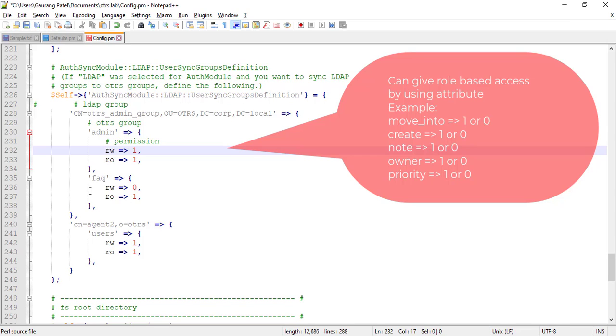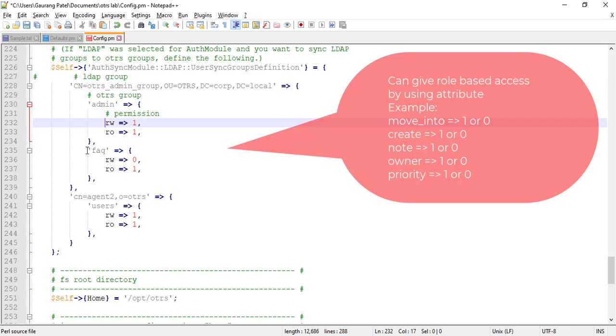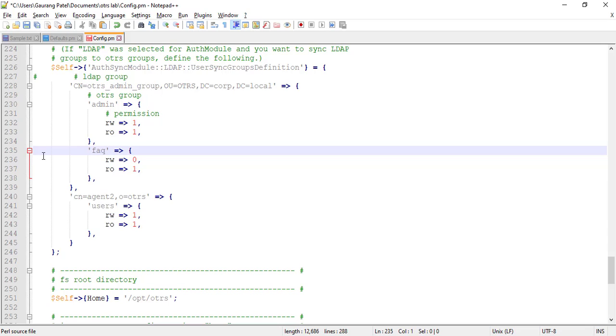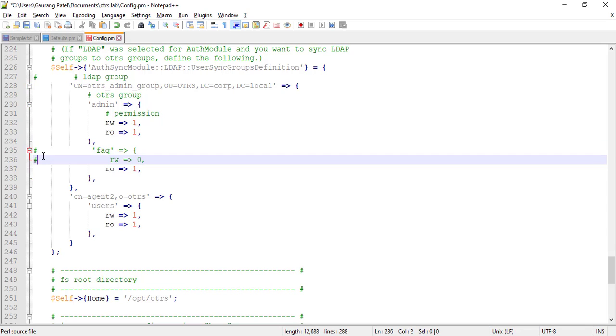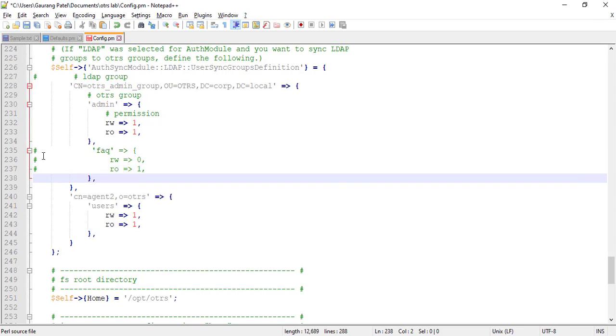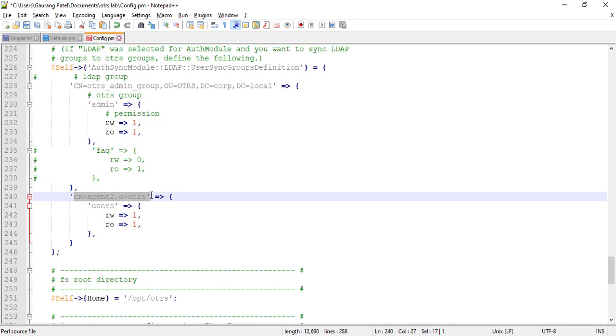This is the FAQ. The FAQ group is not created, but when you install the FAQ module, it will create one new group, right? So we can remove it or keep it as a comment. I am not using it. And this is for agents.